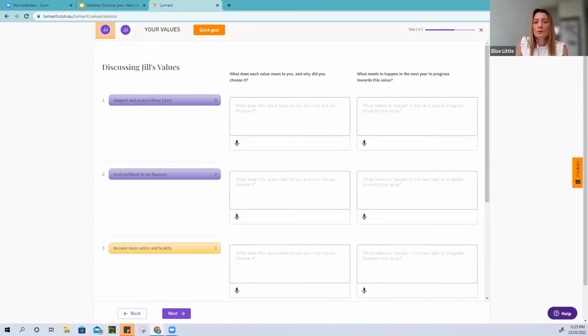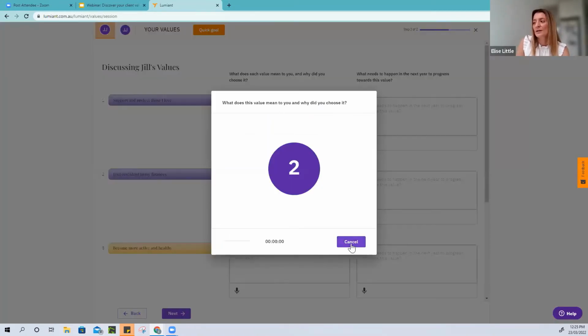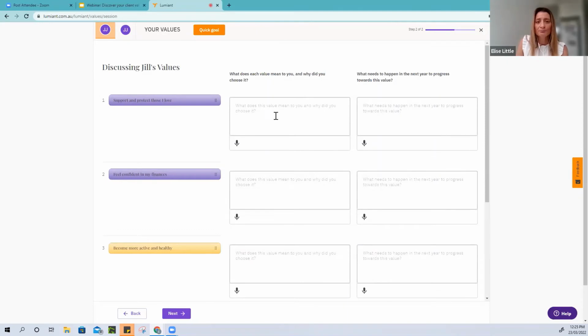So generally, this is when you'd really be able to understand what the client values, when you have started to push and ask a little bit more as opposed to those first two questions. As you're working through this, you want to add in notes as you go. You've also got the voice to text where you can capture the client's responses as well. And once you've gone through and unpacked what the card means to the client,